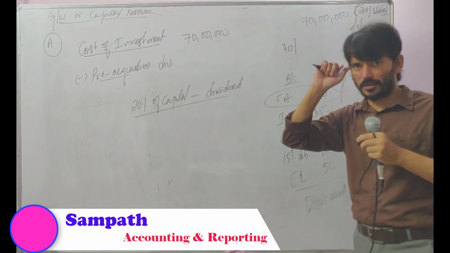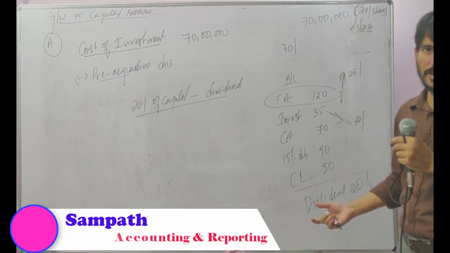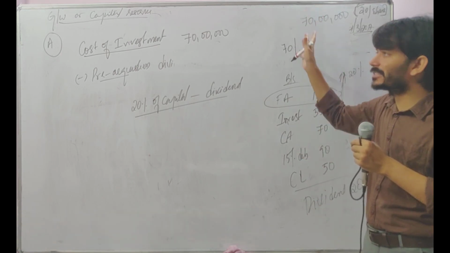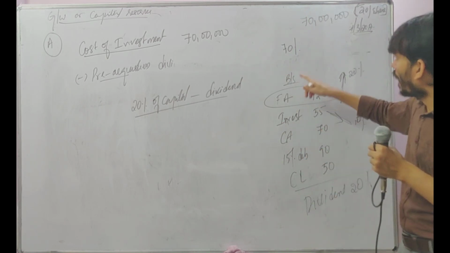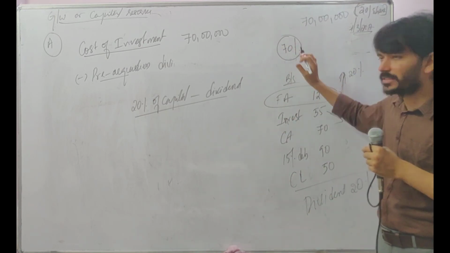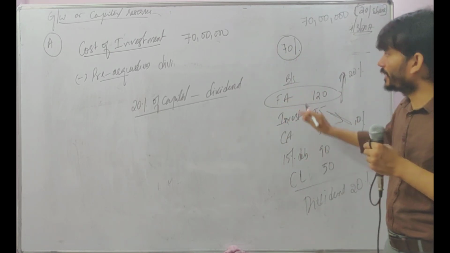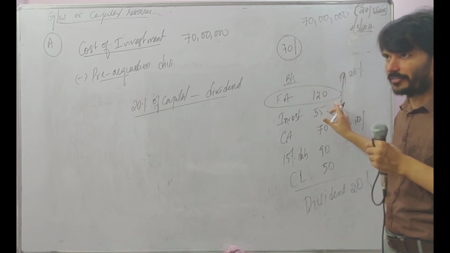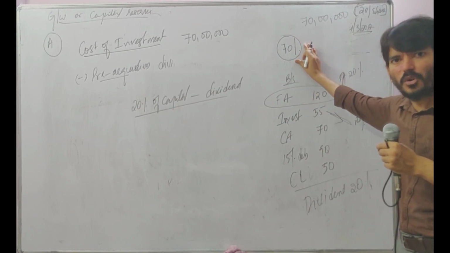So that is the first trigger that should come: 20% of capital. Then what do you mean by that capital? I don't know what the capital is, but somewhere in the question he has given some hints that we should pick up. I am purchasing 70% of capital. In the question they said a company is purchasing 70% of another company's capital. So the cost of investment divided by 70, you will get 100. But first of all, we should understand what that 70 is.